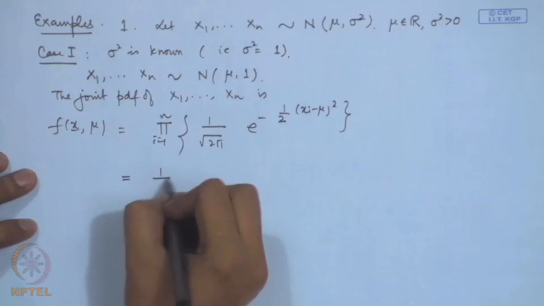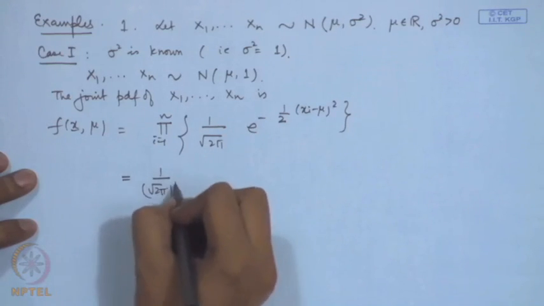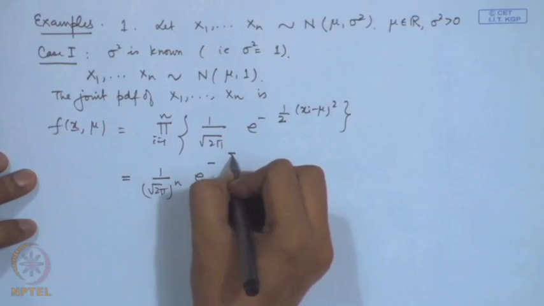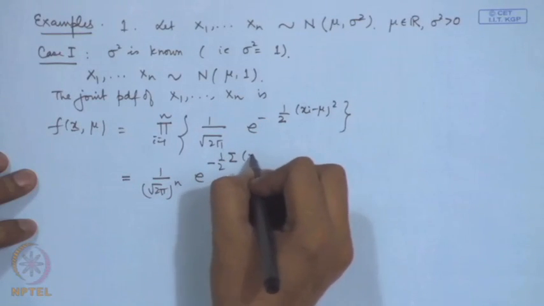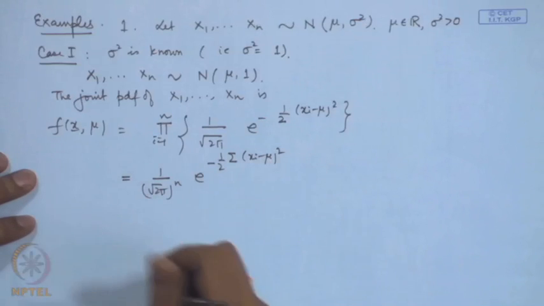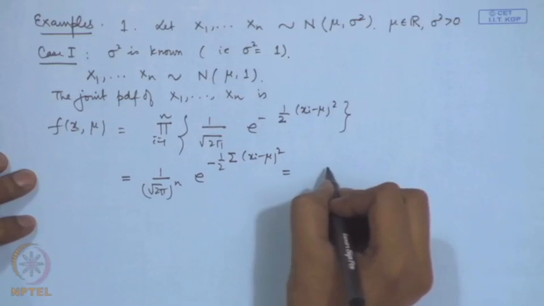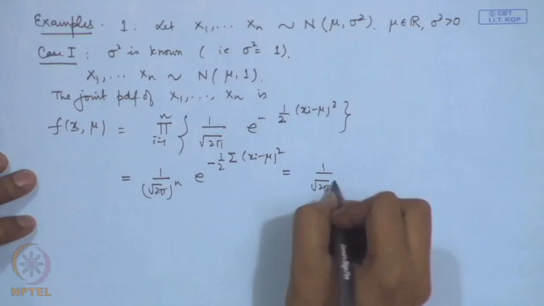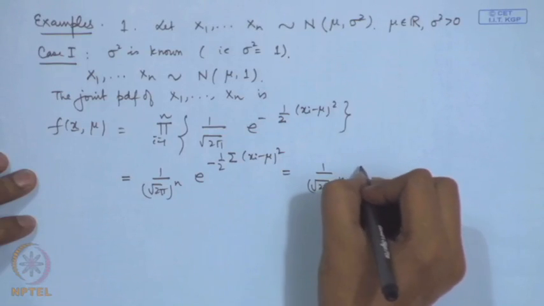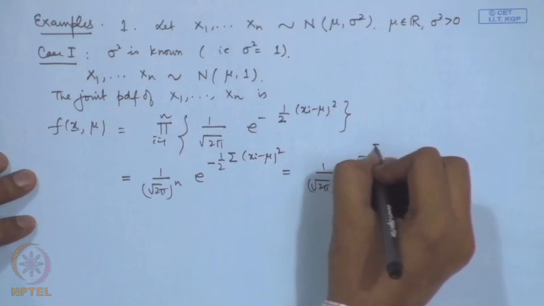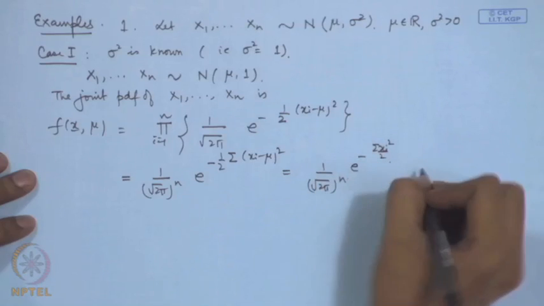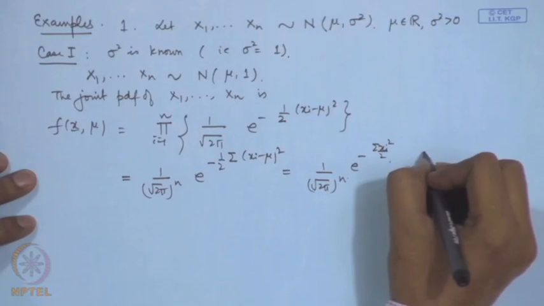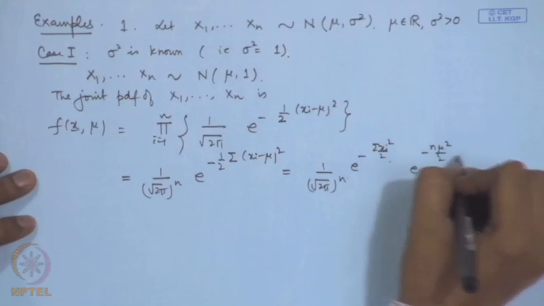So, this is 1 by root 2 pi to the power n e to the power minus sigma 1 by 2 (xi minus mu) square. This we can write as 1 by root 2 pi to the power n e to the power minus sigma xi square by 2, e to the power minus n mu square by 2 plus